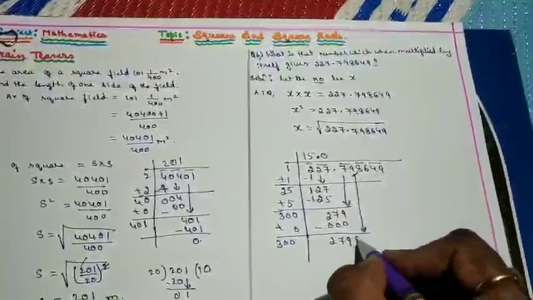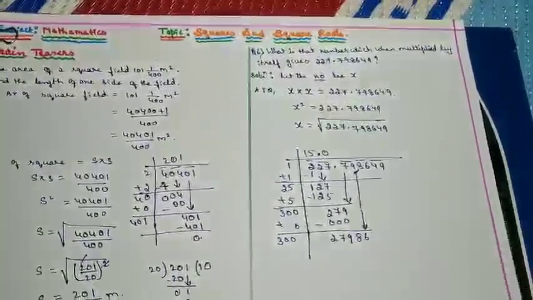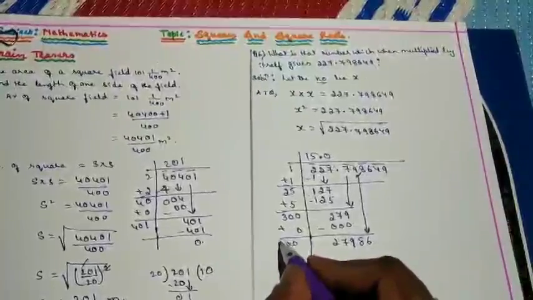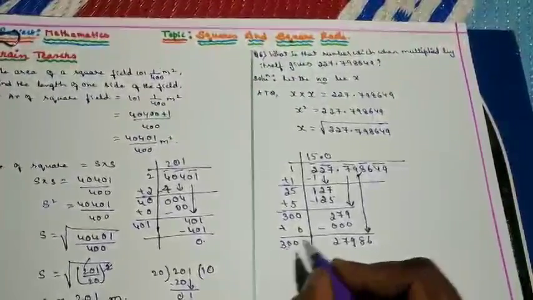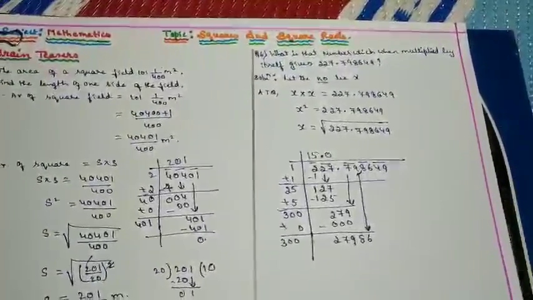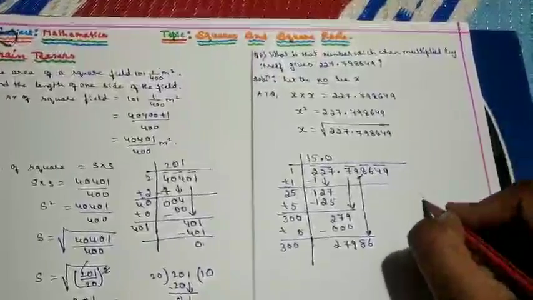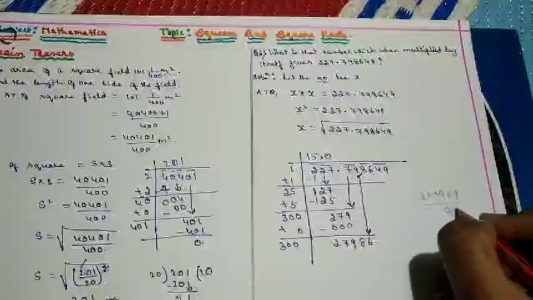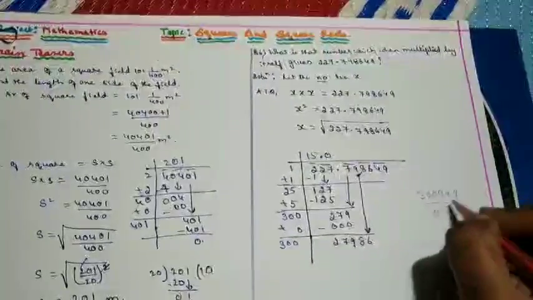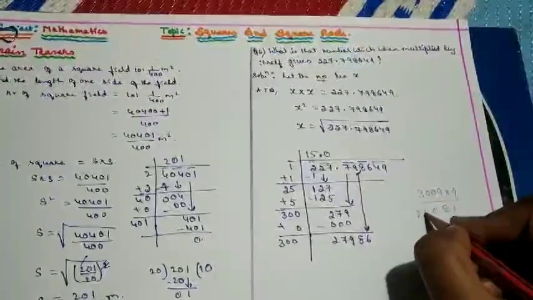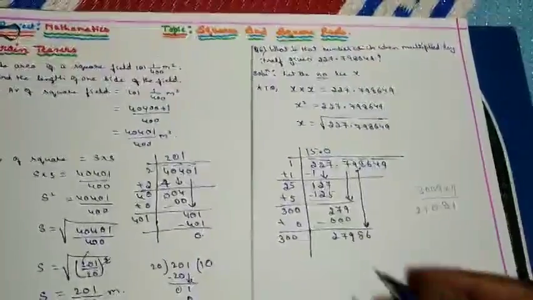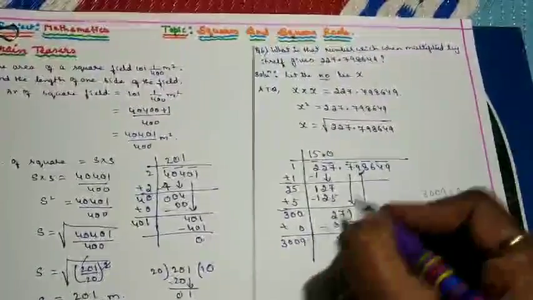That is 86. It becomes 27,986, and here 3 stands in the thousands place. So 3 9s are 27. So we'll check for 3009 into 9. 9 9s are 81, 9 zeros are 0, 9 3s are 27. So which is nearer, right? So yes, which is nearer. So I'll go for 9s only.